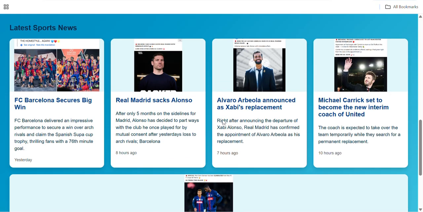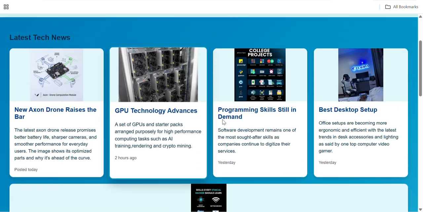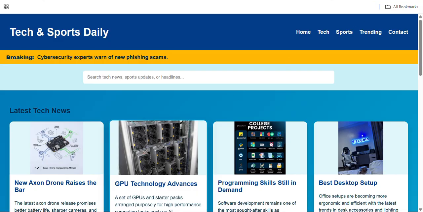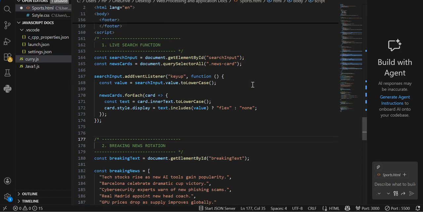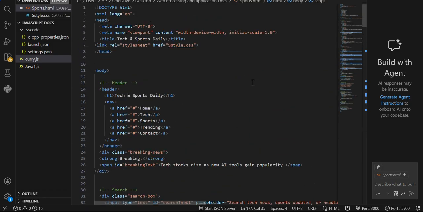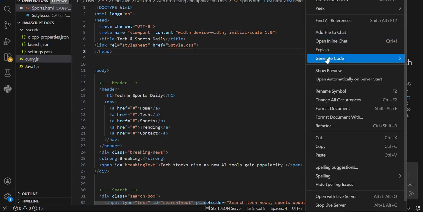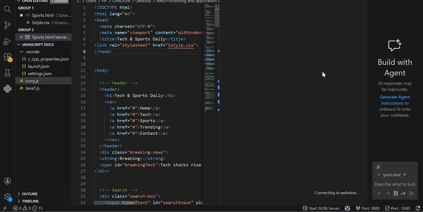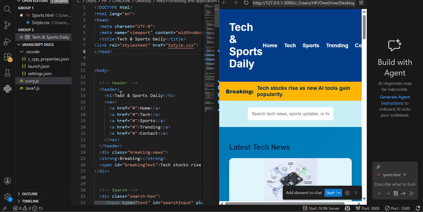So now let me take you to the codes behind this web page. So here you can see that I've got my HTML boilerplate here, which is from the doctype to the closing tag of the head here. And I've got the content of the web page, which is the header. As you can see, Tech and Sports Daily, which matches what I showed earlier on the web page itself. Let me show a preview so that I'll be able to demonstrate it easily. As you can see,